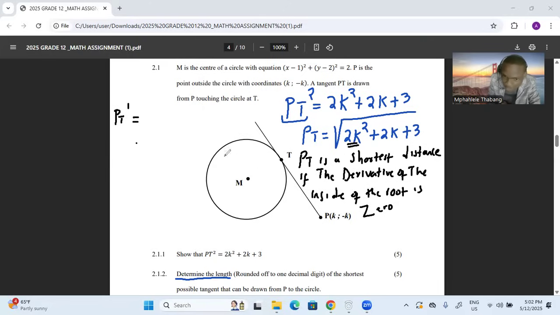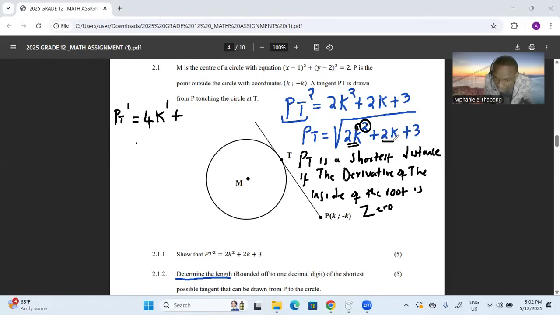The derivative of 2k squared is 4k. Remember, I'm assuming that you did calculus and that you know how to derive. But let me just explain this time. When you derive, you take the exponent and multiply it with the coefficient of the variable. The number before k is 2, so 2 times 2 is 4. You keep your variable k. You go back to the exponent and subtract 1. Your exponent is 2, subtracted by 1 is 1. So you have 4k to the exponent 1 plus,